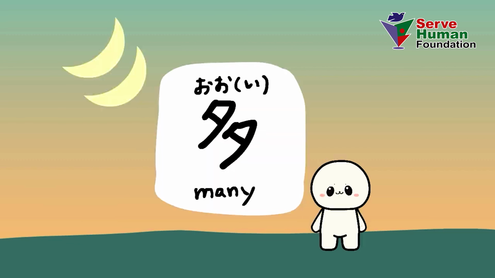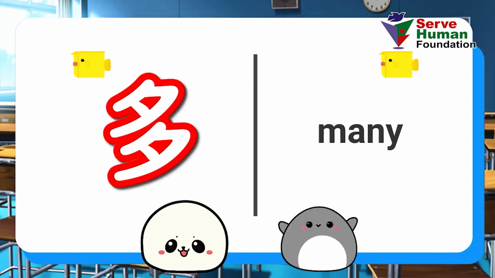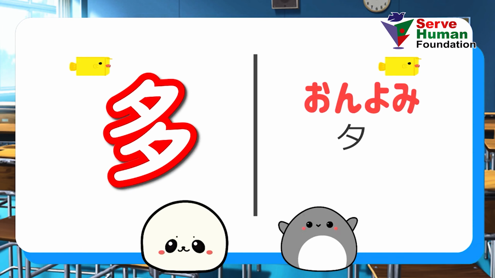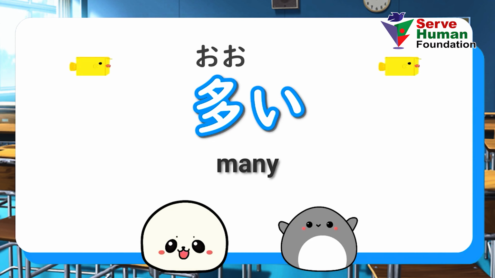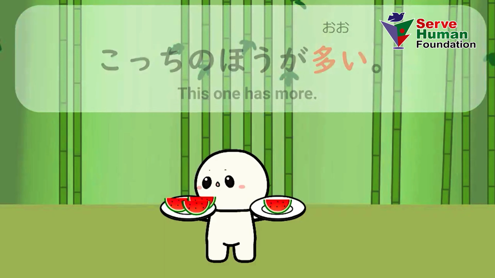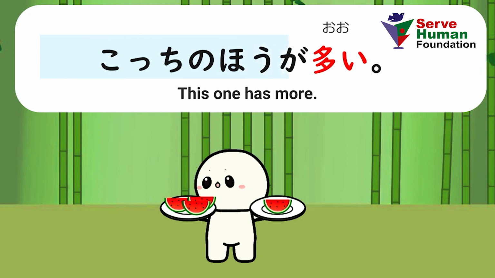This is kanji 多い. The definition of this kanji is many. Onyomi is た. Kunyomi is 多い. An example word is 多い. こっちの方が多い。